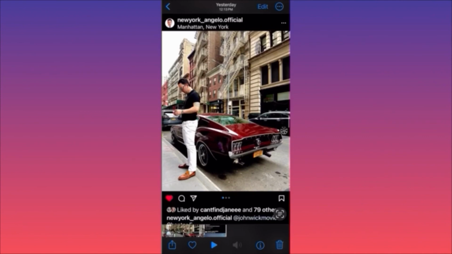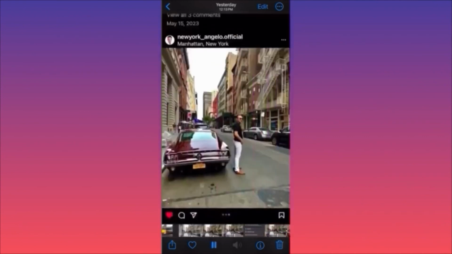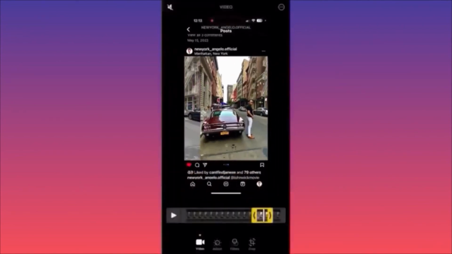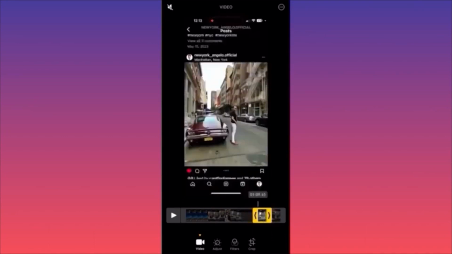So the first thing you want to do when you're at your video, as you can see over here, is go up to the edit button on the upper right corner. We want to click edit. So now our editing process begins over here. First things first, you want to adjust the length of the video itself. As you can see over here, you can move it left, right, you can extend or reduce the duration of